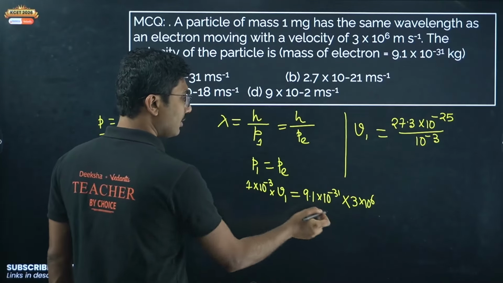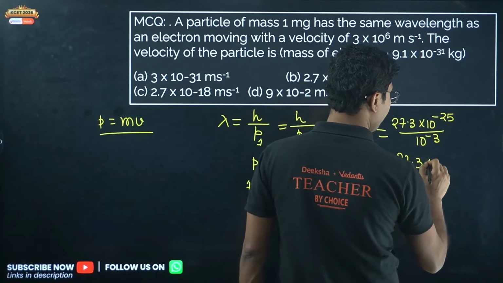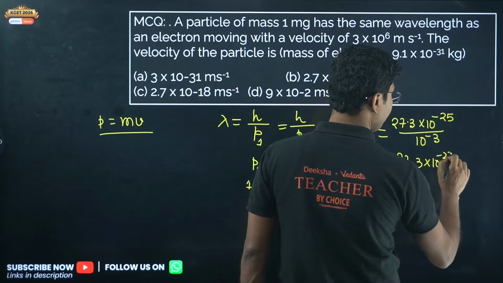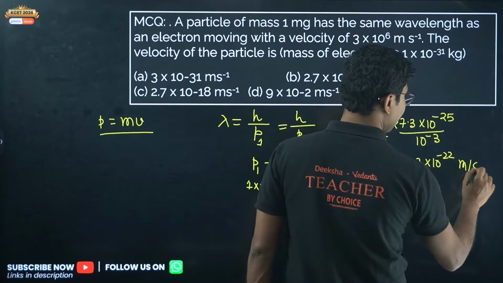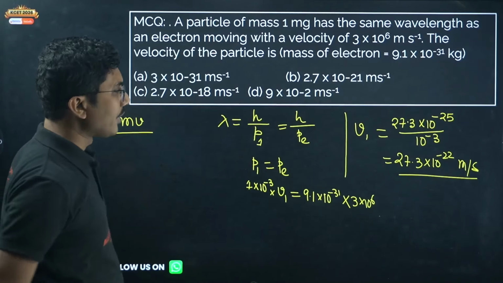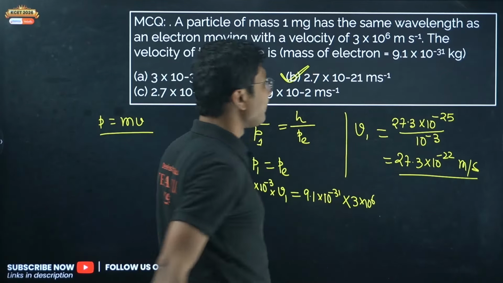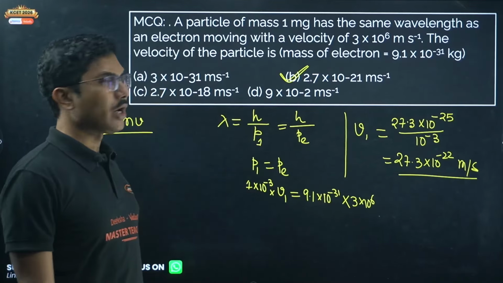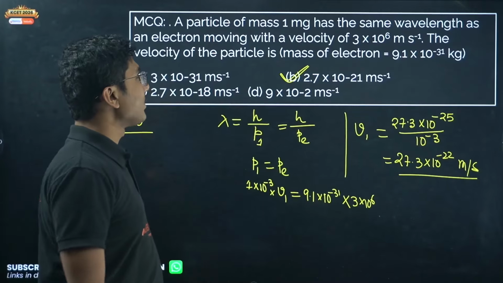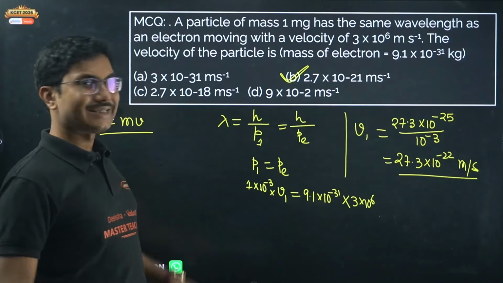You divide it on the other side, so you get 27.3 into 10 to the power of minus 22 meter per second. So the speed of the object will be 27.3 into 10 to the power of minus 22, or 2.7 into 10 to the power of minus 21. As you can see, for a smaller mass the speed is very small to have the same wavelength as